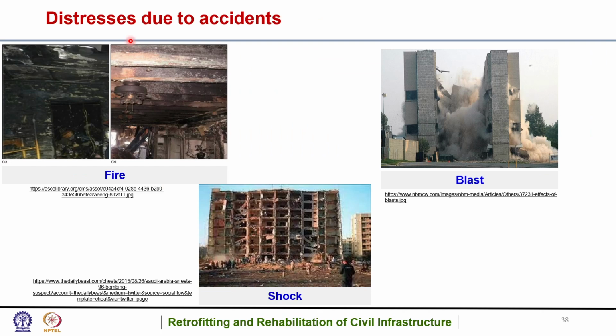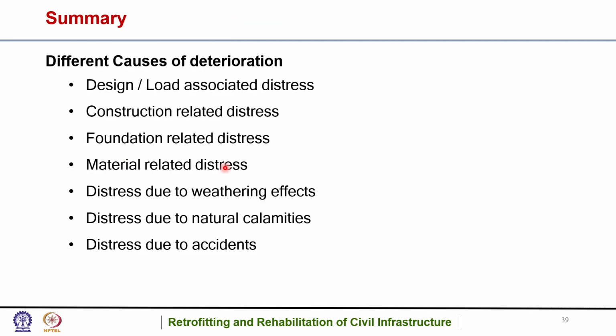So then there are distresses due to accidents such as fire, blast, shock. These are various types of distresses which can deteriorate a reinforced concrete structure. So that is like we have come to the end of this lecture. In this lecture, if we summarize, we studied the different causes